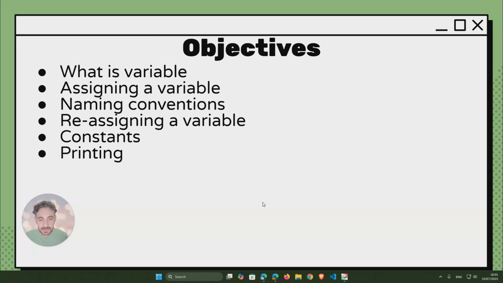So to begin with, just like last lesson, we'll talk about our objectives. The main objectives today are that we want to say what a variable is, how to assign a variable, how we name variables so they make sense to us, how we reassign variables, in other words, we update them, what a constant is, and then how to tie that in with printing, which is what we looked at